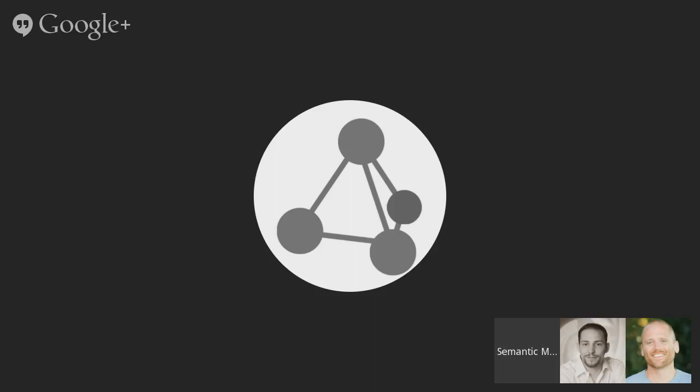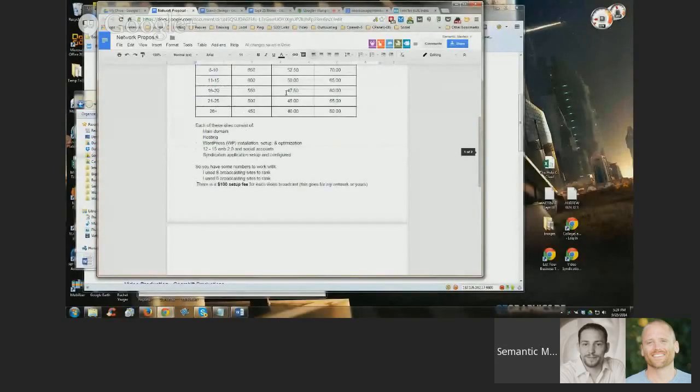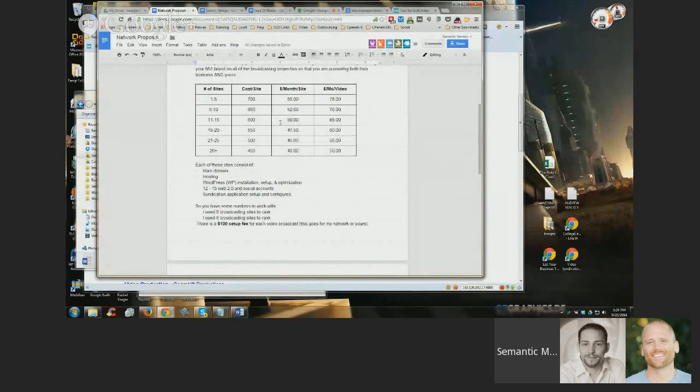All right, so you can see that in the notes there, I stayed at the very, very bottom. I gave them an example of how many sites I used to rank a couple of their videos, and I did that for a reason, because I wanted them to see that they can rank videos with fewer sites. Now, granted, I did tell them this, by the way, because I had a sit-down meeting with them last week,